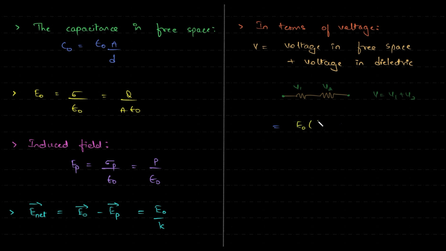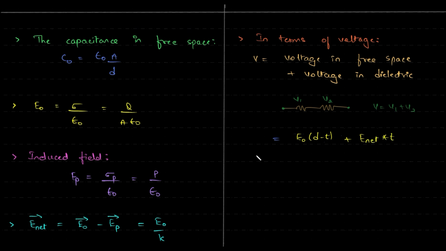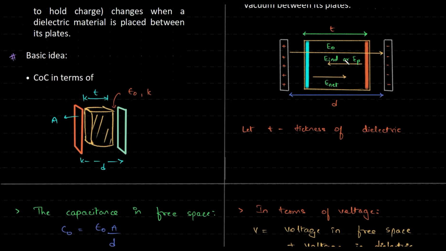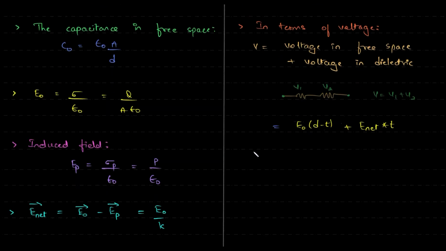E naught. This is d minus t plus E net into t. That's t, right, for us. So yeah, t. Correct. Okay, nothing fancy, just going with the flow. So let's express E net as E naught by K into t, and so V will be equal to,